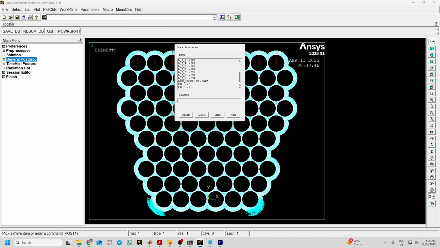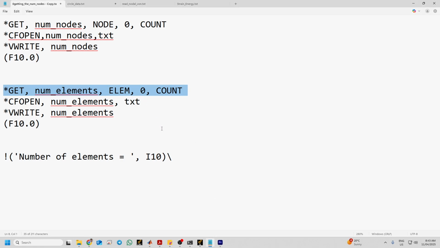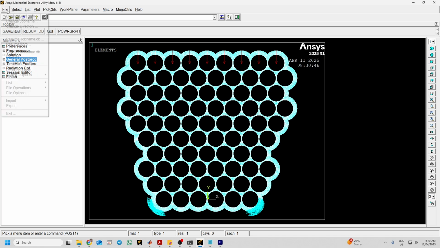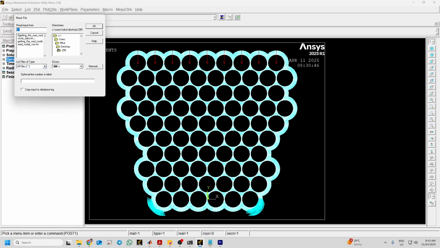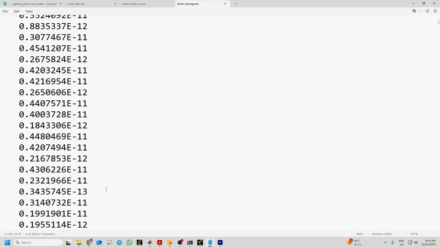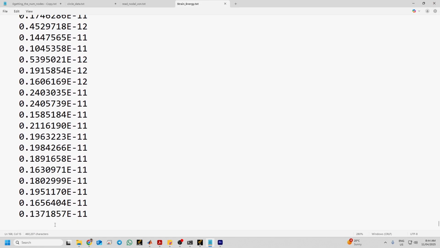Max ELEM is the same and num elements is the same. So we change it to num ELEM. Now it is